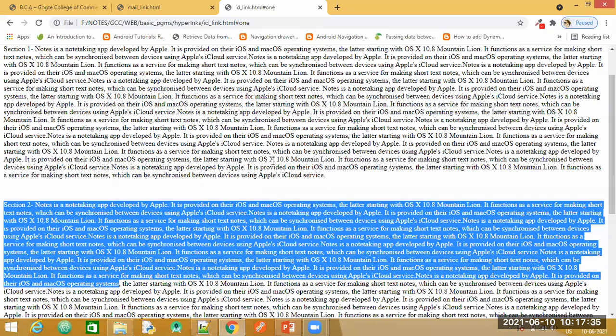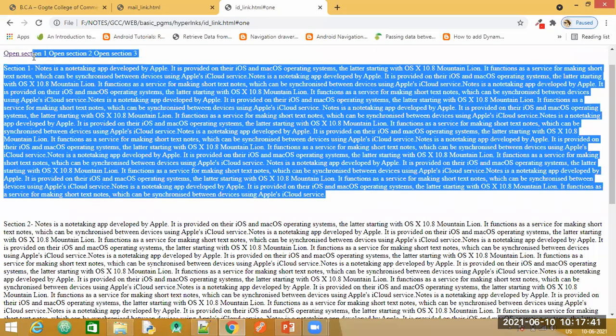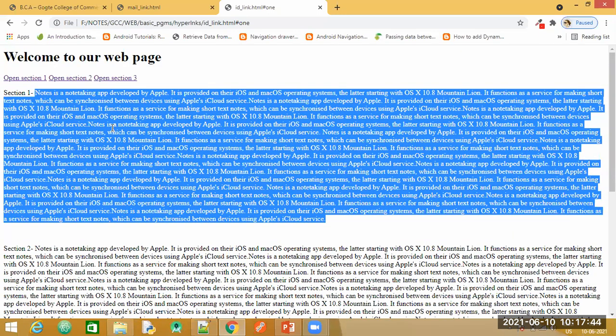So now what we can do is copy and paste this same text so that one section tries to cover the entire browser.